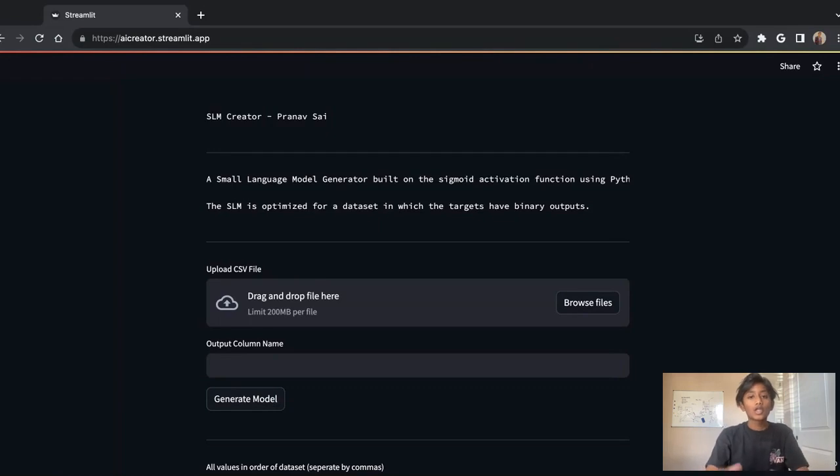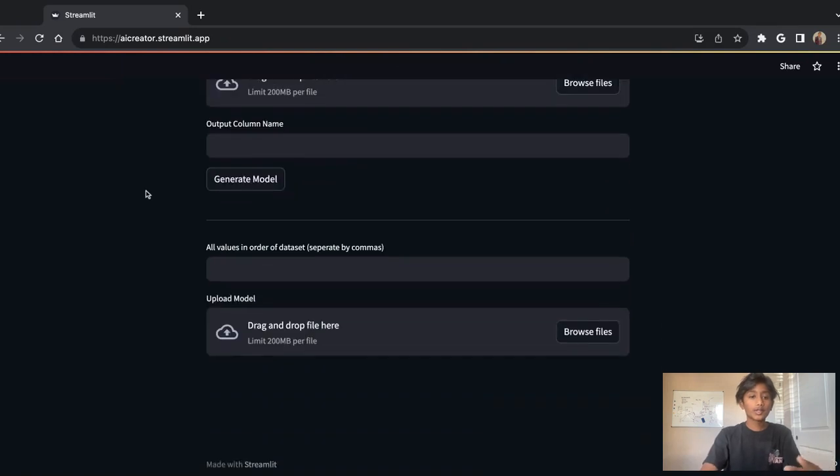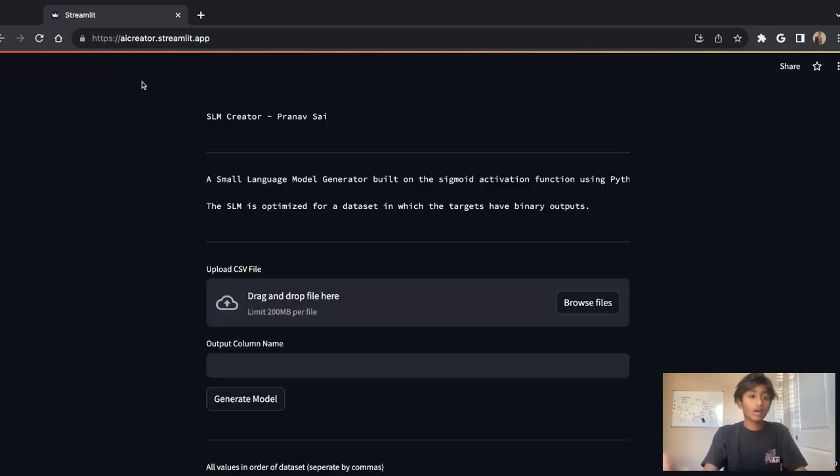been created. So basically I use Streamlit for the UI. As you can see, it is already hosted at aicreator.streamlit.app, and Streamlit is just a really easy way to create ML applications and put them on the web with Python, right? And what this app is going to be doing is taking any type of CSV file or any type of data, right? And what it's going to do with that data is split the data into an output and